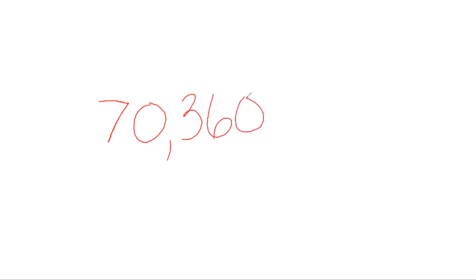We did cover the significant figures pretty well, but we didn't get to the point where we were talking about rounding those significant figures. So if I had a number 70,360, and I'm told that I need to round that to 3 significant digits, these three numbers, 7, 0, and 3, are my first 3 significant digits. So that tells me that this is the number that needs to be rounded. So my number will become